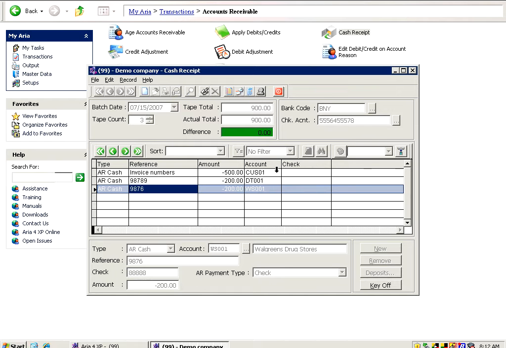The system saved the information, and the information is still displayed on the screen. The system also enables this button, which is the key off button, which is going to be the subject of our next training video. This will be the button that we will use in order to key off and close those payments against open invoices, or if there are any returns or anything of that sort, meaning manage